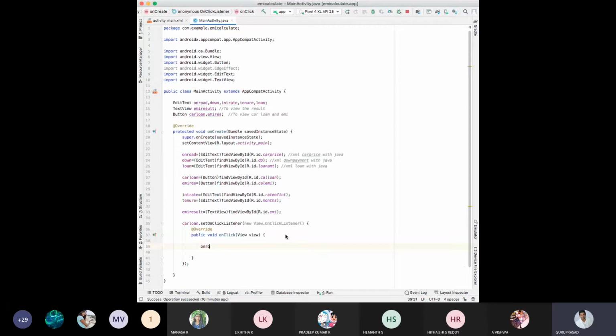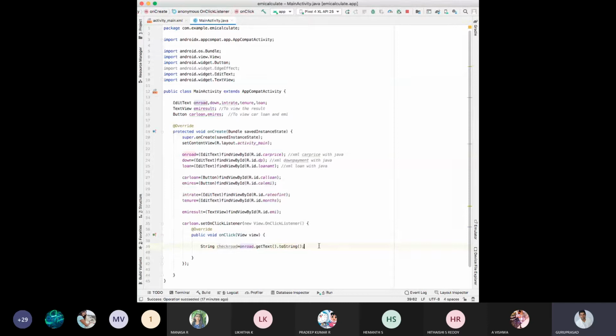First we need to take on road. Whatever we are typing in the edit text, we need to get the text. We need to store it to the string. Which string? Say for example, string check road. I'm just checking.